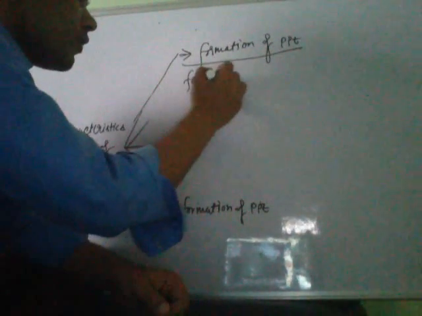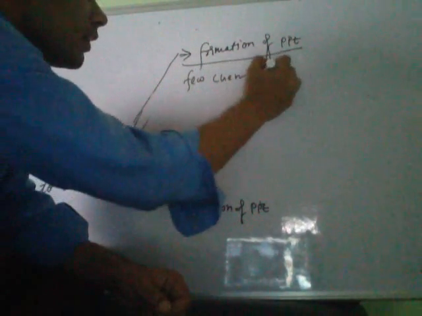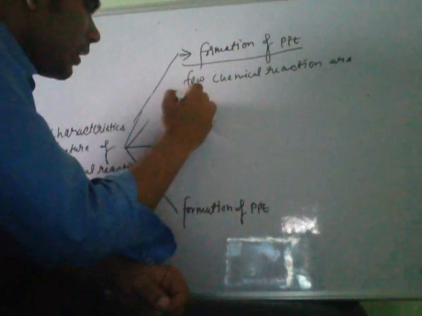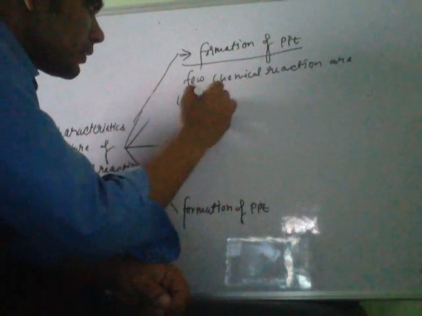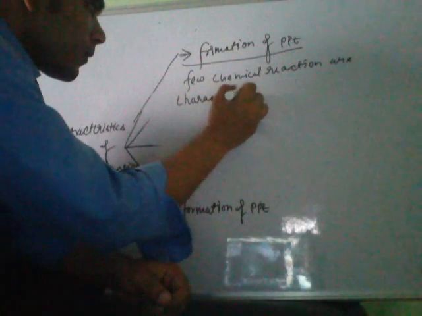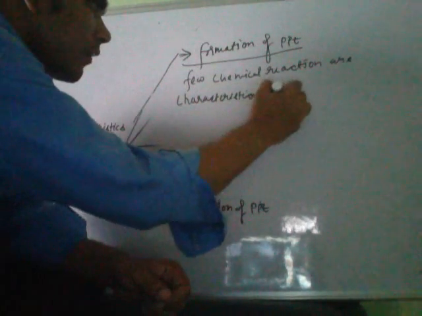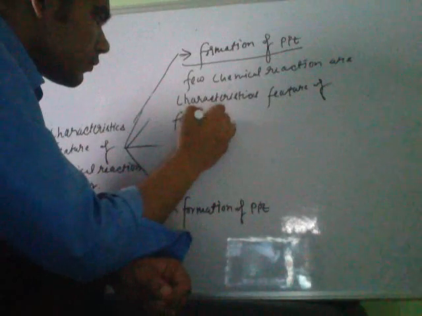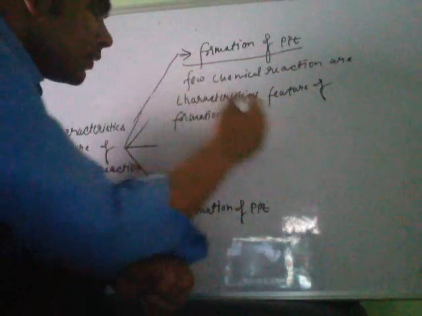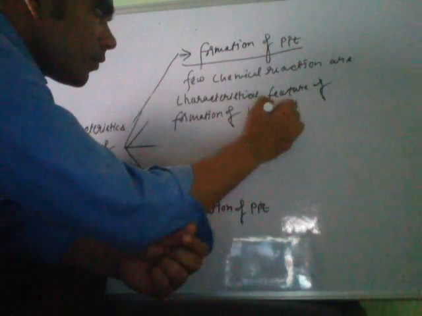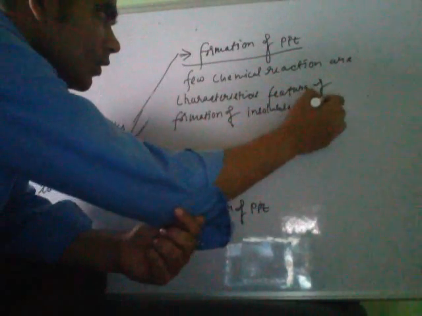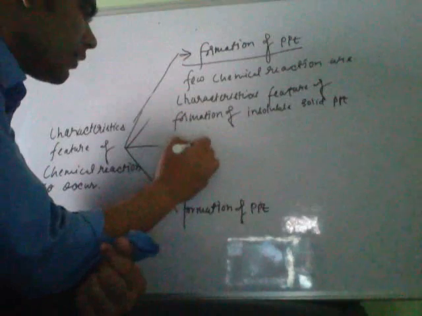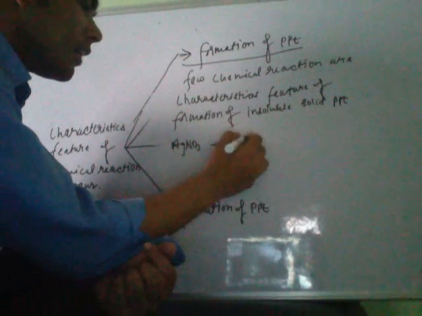A few chemical reactions have the characteristic feature of forming an insoluble solid precipitate. When you take silver nitrate, AgNO3, and NaCl, both aqueous, and dissolve them,